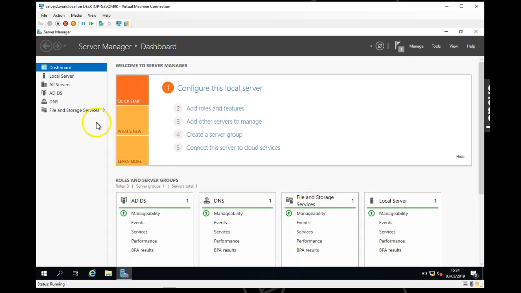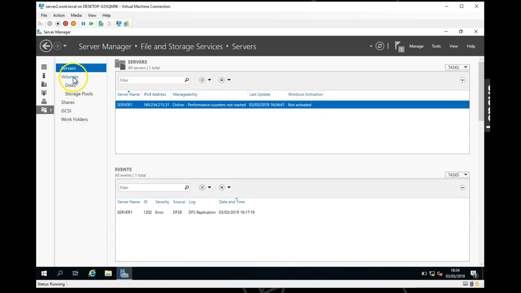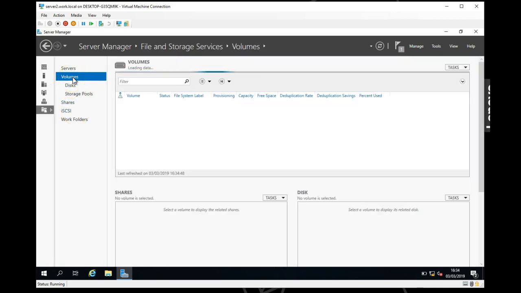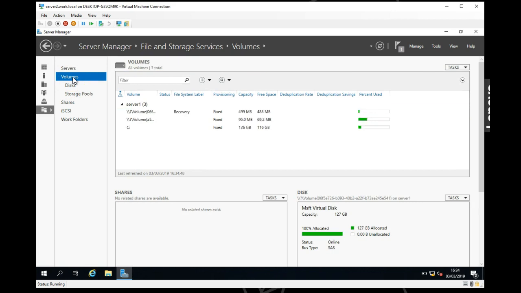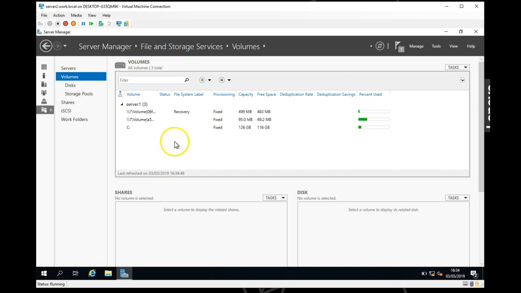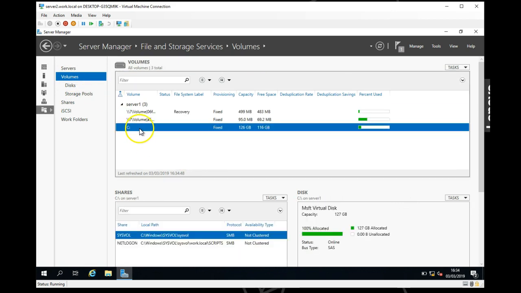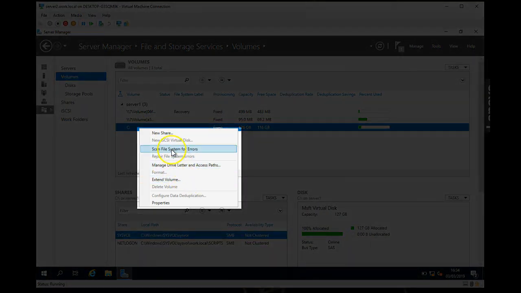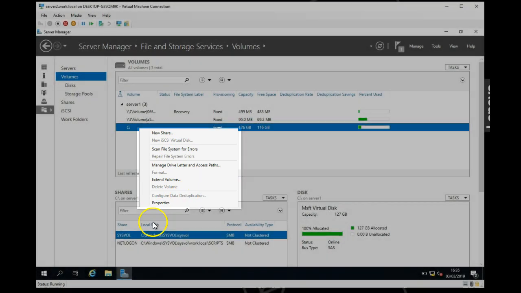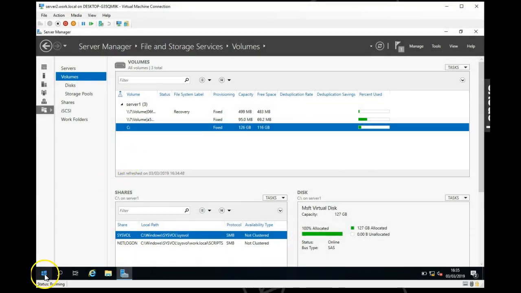So close the wizard down, and we can go on to volumes on File and Storage Services, and you'll see that you aren't able to enable data deduplication on the system drive, so let's go ahead and